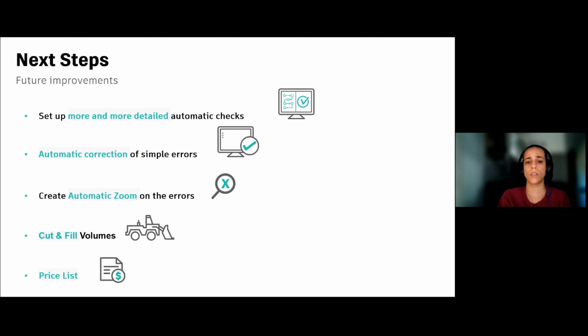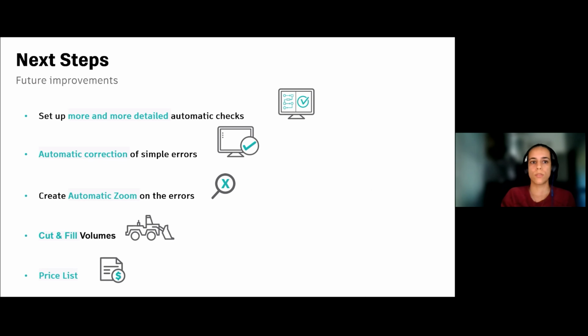Another one that we are trying to implement is an automatic zoom on the error. That is something our colleagues asked us for, because it's a simple way to identify the errors in the table and also in the graphical part.